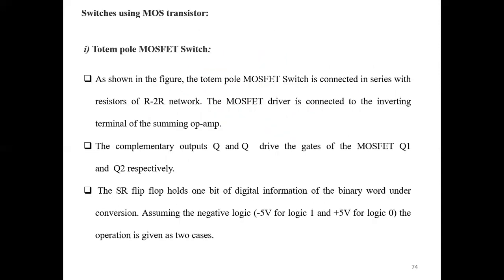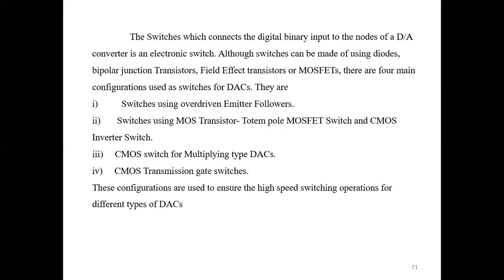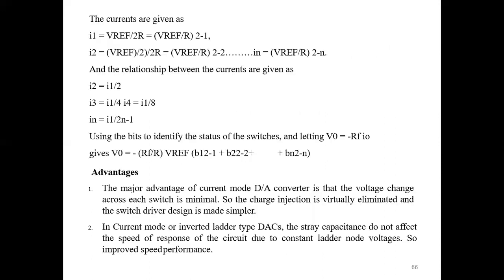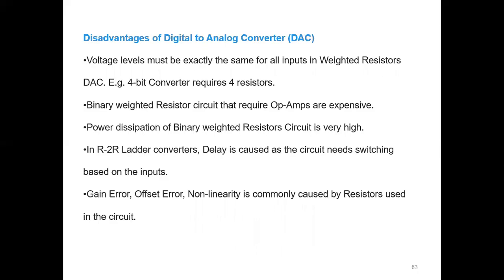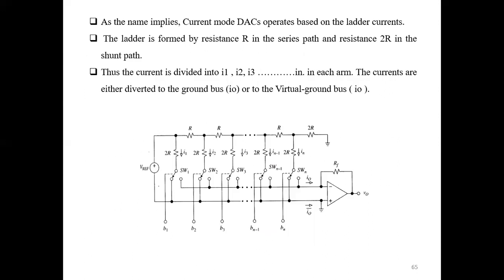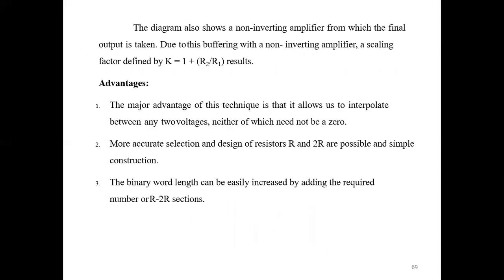I hope all of you understand. So this is the model of voltage mode and current mode. Voltage and current mode are different in where we are giving the input. Here we are giving the input to the non-inverting terminal, while in the normal condition we give the input to the inverting terminal. So that is the concept of voltage mode and current mode of DAC.